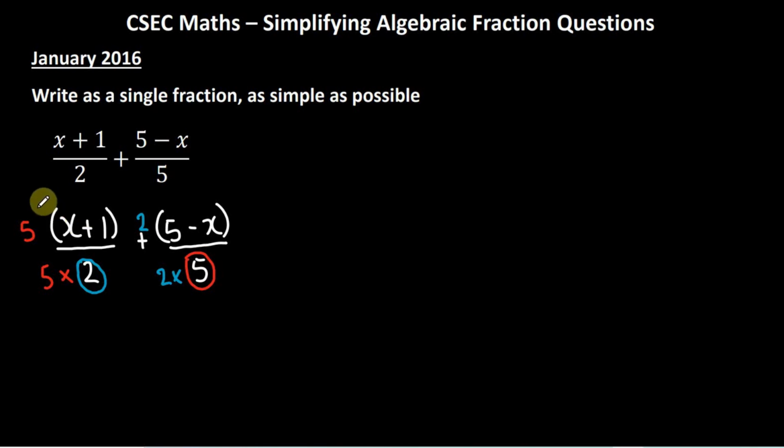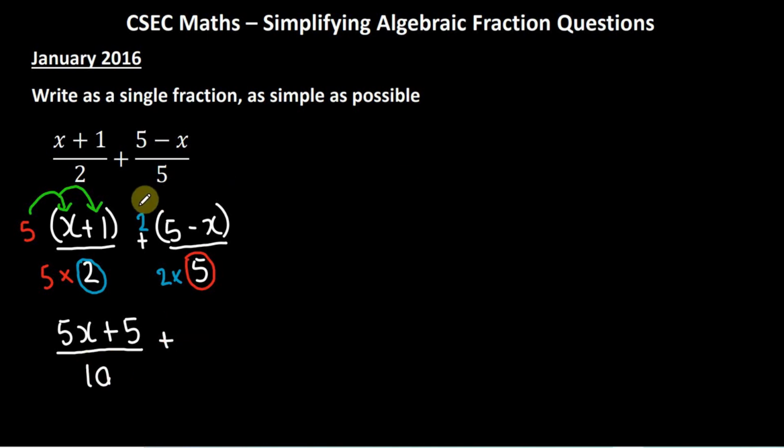So what we can use here is the distributive law to expand the bracket. So it's 5 times x and 5 times positive 1. And let's see what will end up there. So it's 5 times x plus 5 times 1. That's 5 divided by 5 times 2, 10,